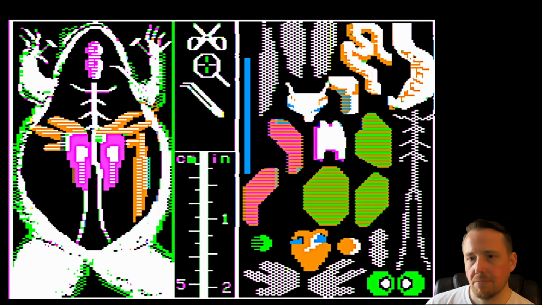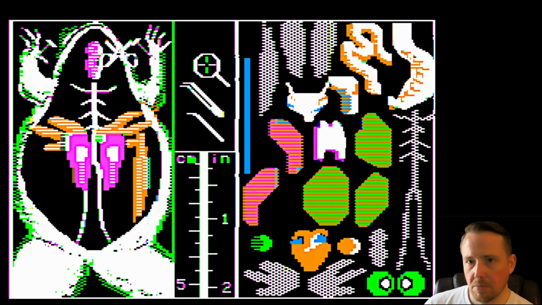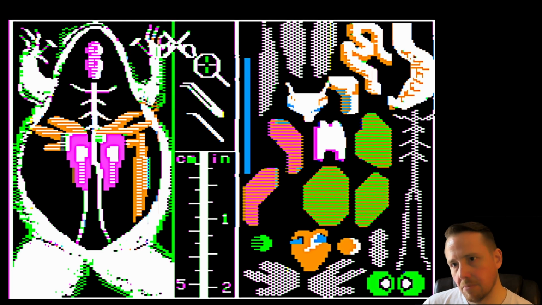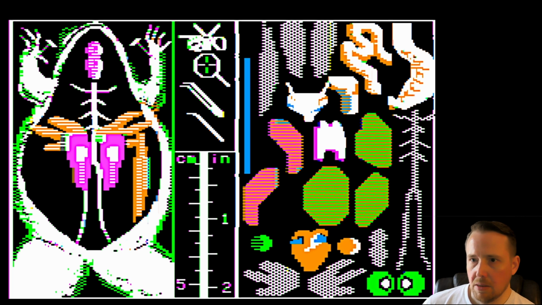Oh, it's at the top. It's an interesting connection point. There we go. We snipped it. Now, we can remove the brain.